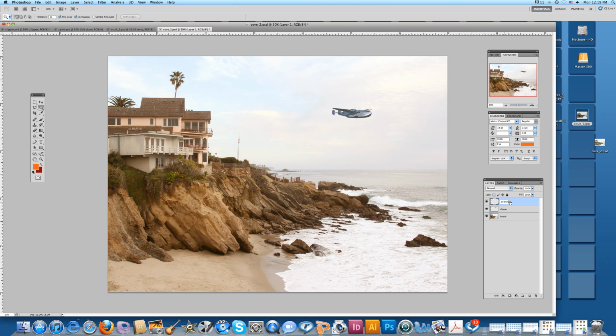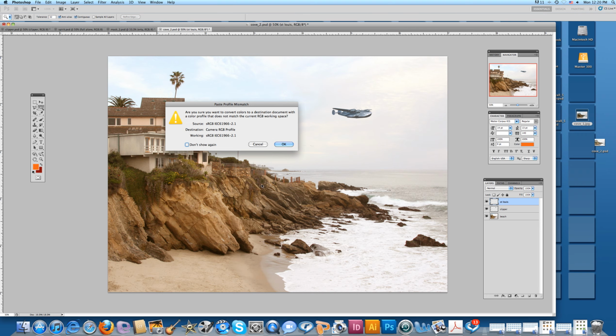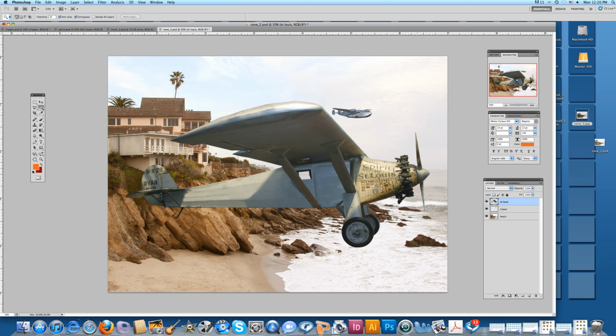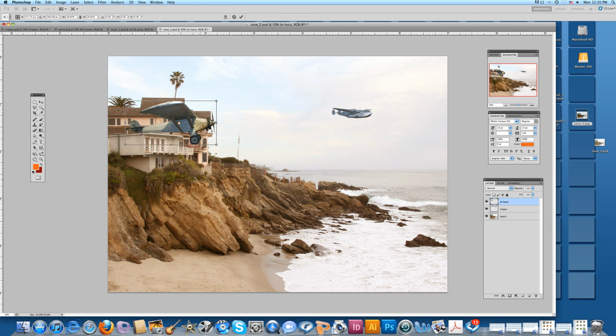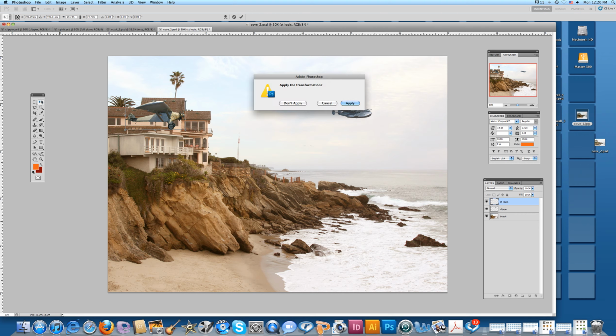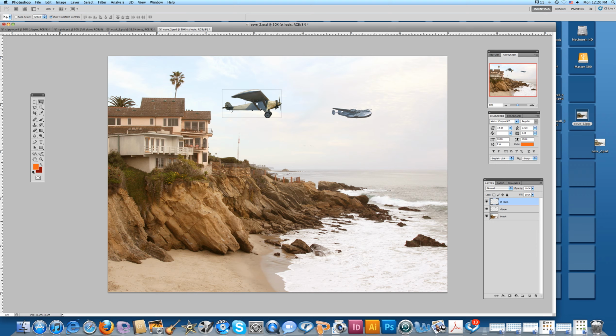Let's spear it up, that's Lindbergh explained, and put him in there, Command V, and OK that. Again, he's a little large, so I'm going to come to the corner and hold down, get the diagonal arrow, hold down the Shift key so it reduces proportionately, and puts him a little smaller. And I OK that and say apply, and then I put that out here and say he's just flying over